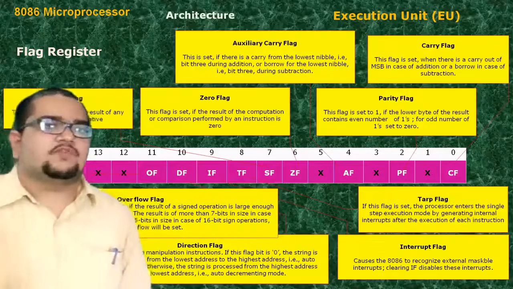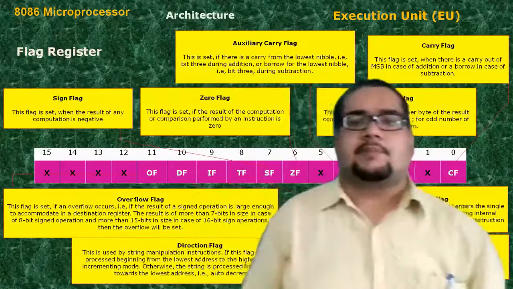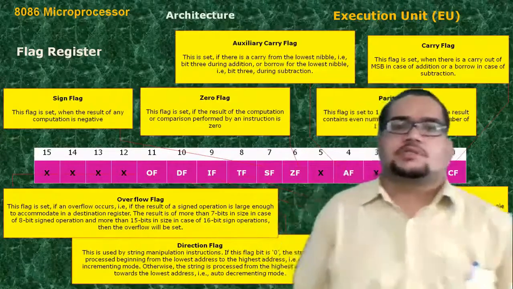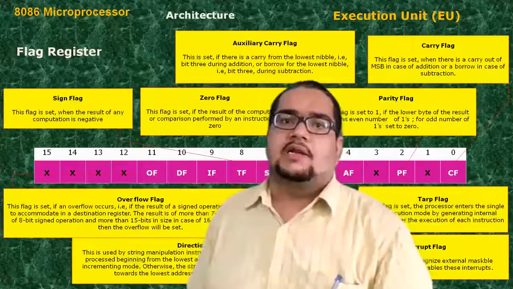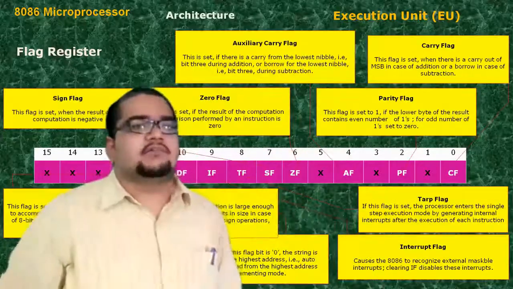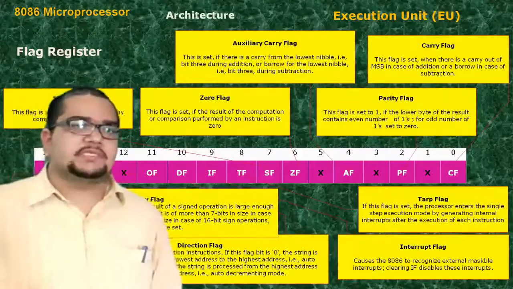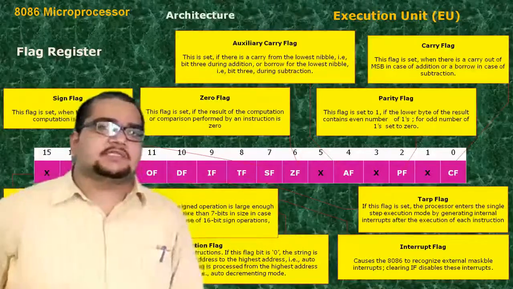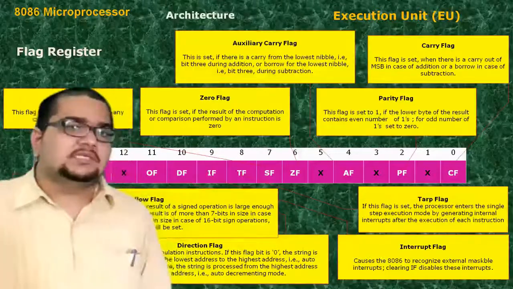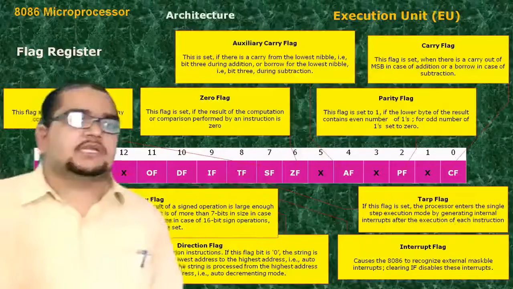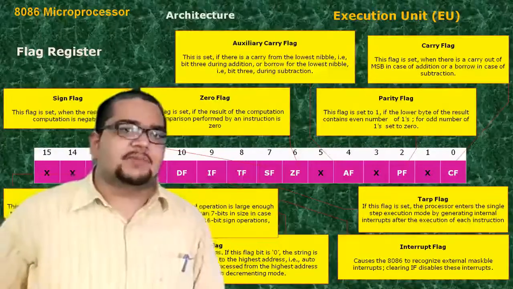So this particular flag register we have seen in our previous class. You can check it, all the different flag bits are there, starting from the lower side, the carry flag, and towards the highest side, our overflow flag. We have discussed each flag and what its purpose is. We have seen how they are categorized into two different groups of flag bits: one is called the control flag bits, and another set is called the status flag bits.